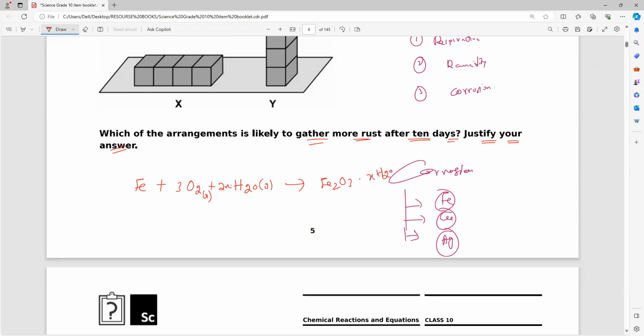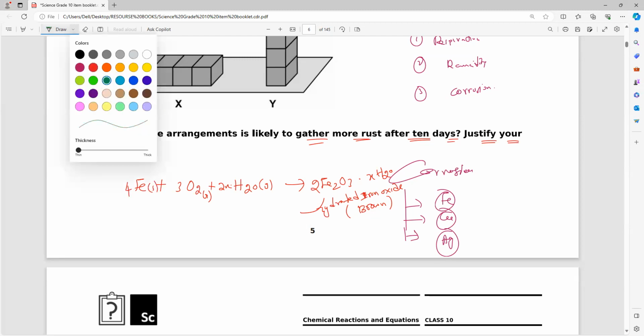What is the color of this one? Brown. Okay. And learn the formula: Fe2O3·xH2O. What is this name? Hydrated iron oxide. Balancing equation. Learn, please. Very important. 4Fe plus